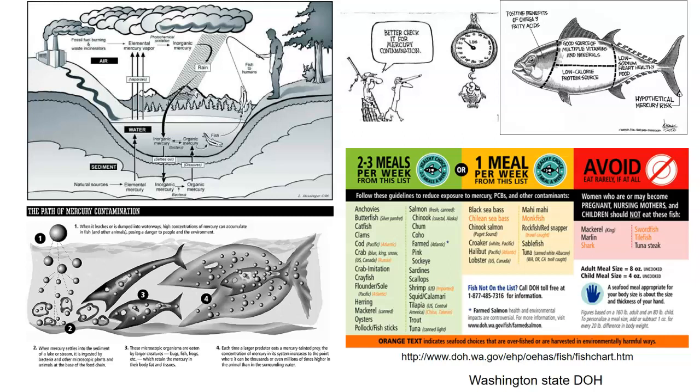At the same time, that mercury is consumed by bacteria, which then eventually make their way into fish. And so that's what the top left-hand picture shows for us. And on the bottom left-hand picture, what we see here is all these small things consume the mercury, but then smaller fish consume those, and then larger fish consume those small fish, et cetera, et cetera, et cetera.